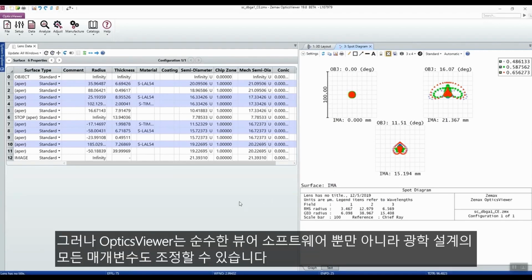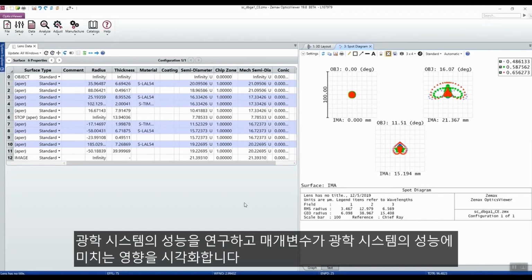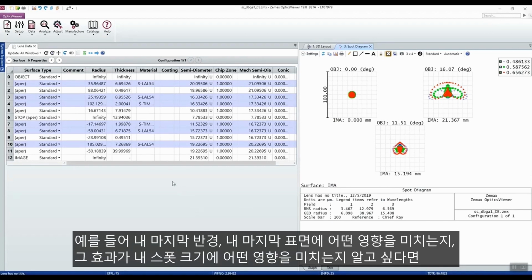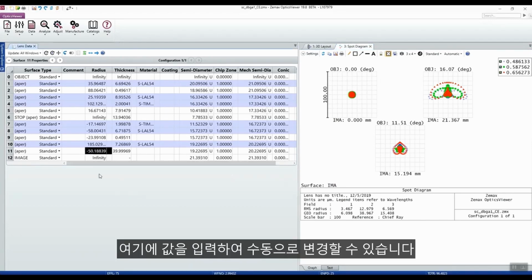But OpticsViewer is not purely a viewing software. You can also adjust any parameter in an optical design to study the performance of your optical system and visualize the effect a parameter has on it. So for example, if I want to know the effect of my final radius, my last surface, on my spot size, I can simply change the value here manually by typing it in,